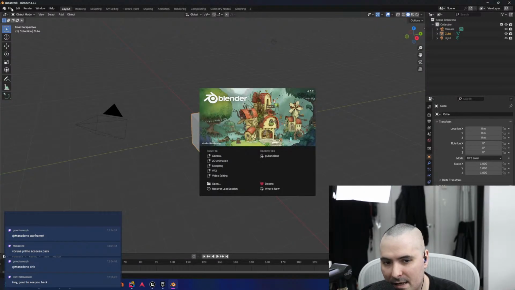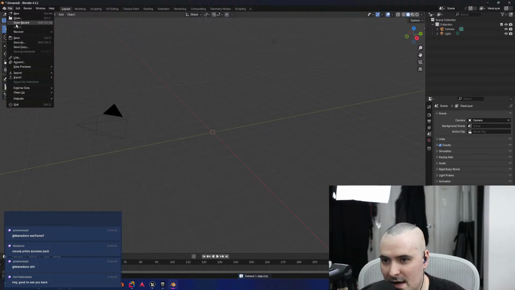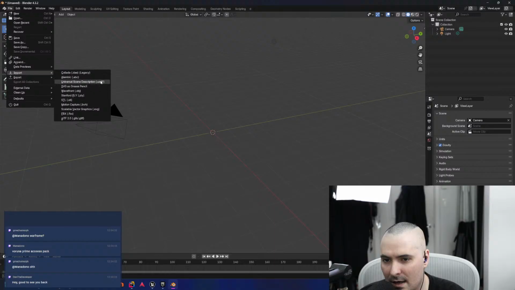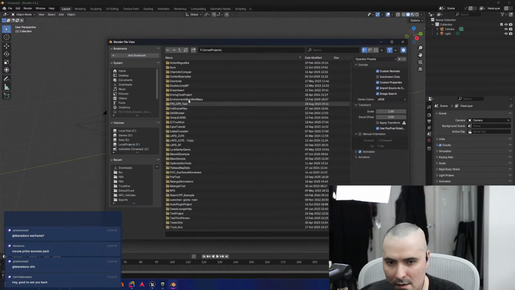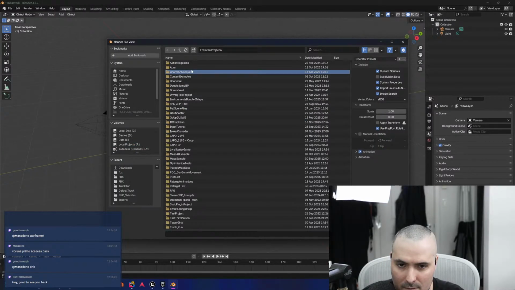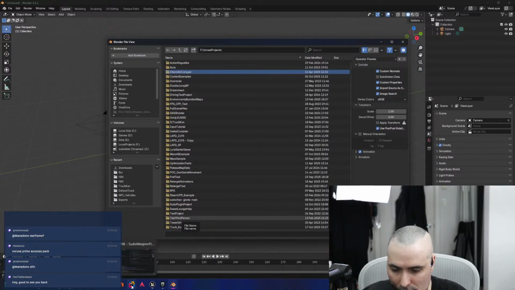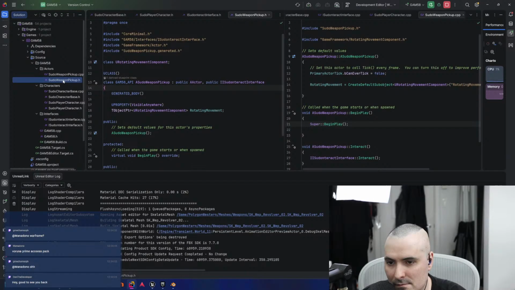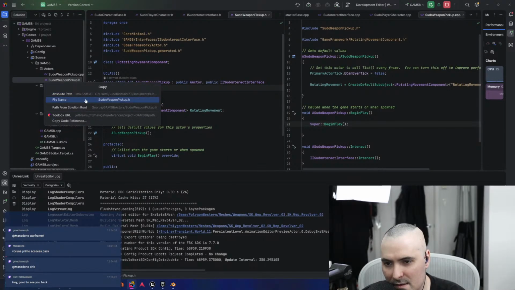There. And then if we come into here and we sacrifice a cube, then we do file, import, and it's going to be an FBX. And then we go to local projects, Unreal. And we come into here, and we do copy path reference.